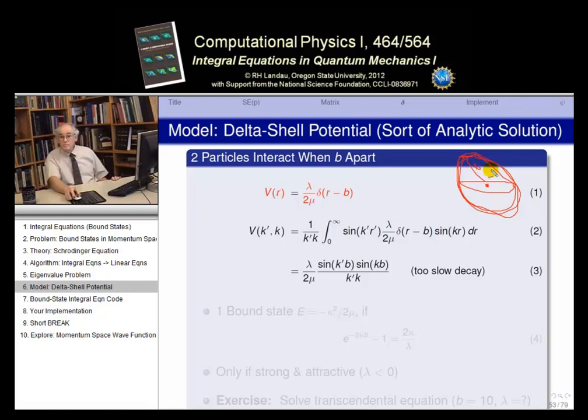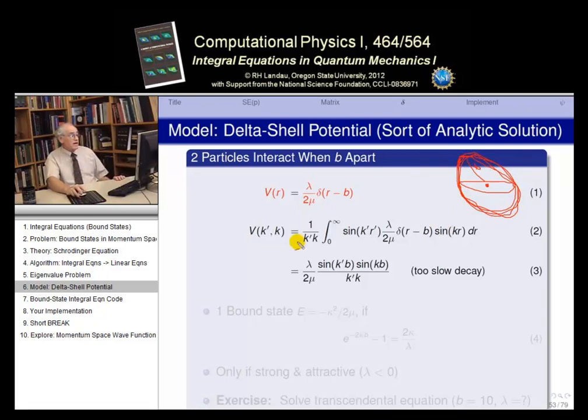from the center. So this is a particle inside or outside. Bound states tend to be predominantly inside. This is a particle which feels nothing until it hits the shell, and when it hits the shell, it feels an infinitely strong potential, but only feels it for one place in space, and therefore it's not really a singular problem, and actually the wave function can leak outside of the shell because it's not truly infinite, or you can scatter and get inside. So it's called a delta shell potential, and it has analytic solutions,